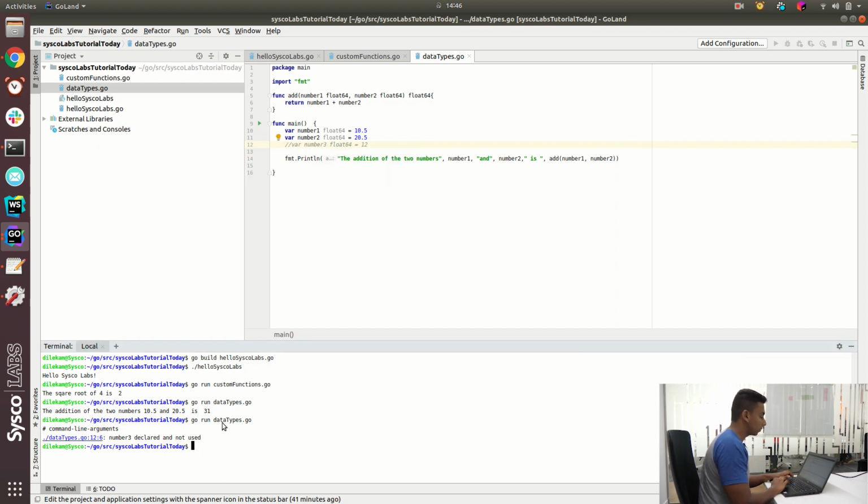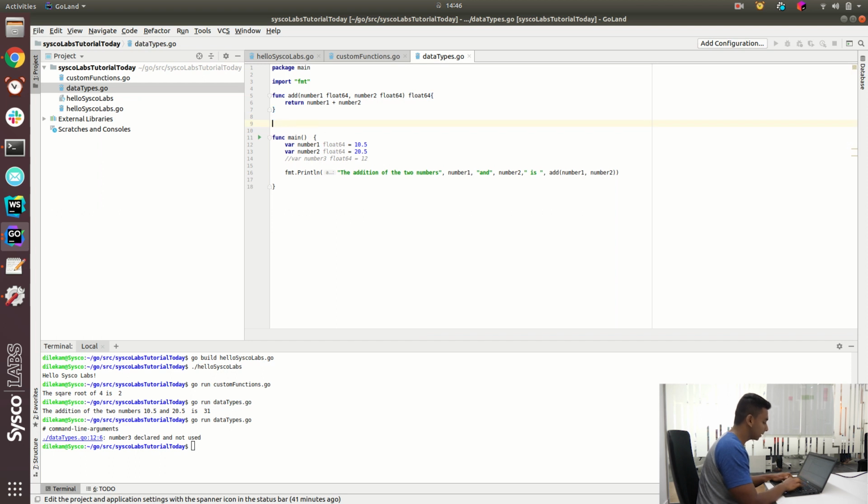Right. And the other thing is, guys, the Go community does not write code like this. For example, this add method takes two float 64 params and it returns a float 64. And we have used the var keyword to create variables, but the Go community uses lots of shorthands. Let me tell you some of those. So let's write our func add method again. Let's name it func add method